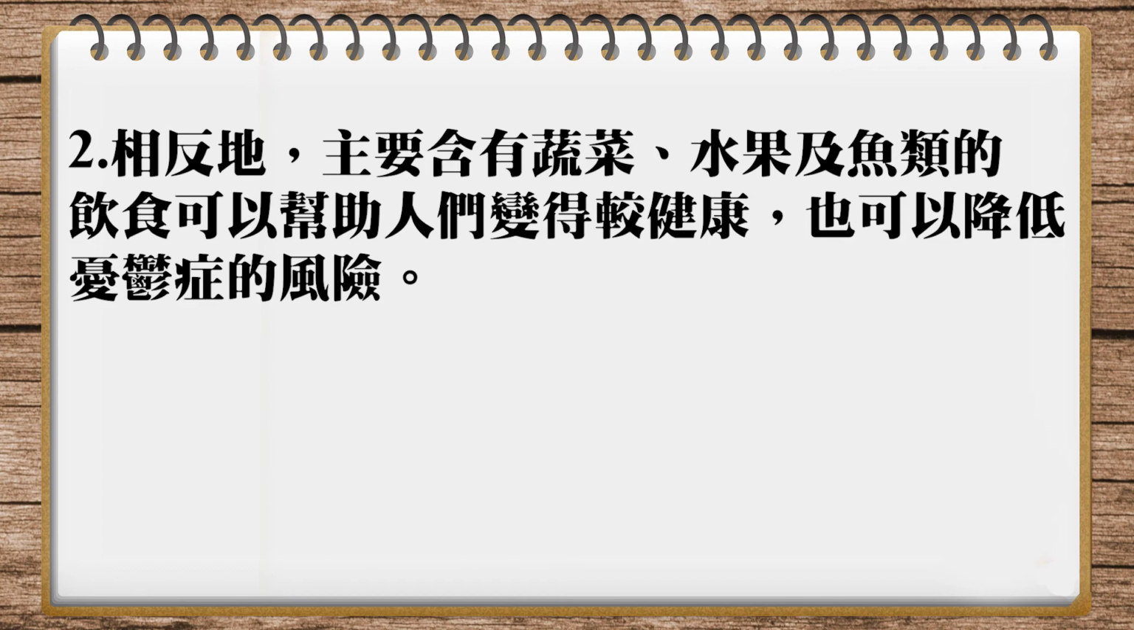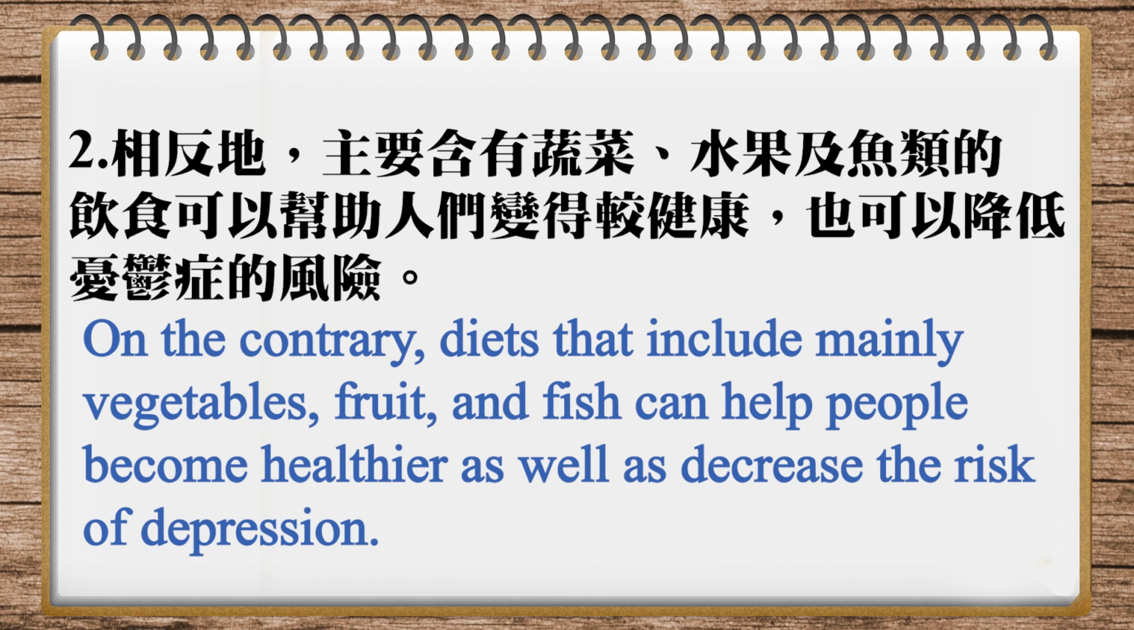Well, let's look at the translation in our magazine now. On the contrary, diets that include mainly vegetables, fruit, and fish can help people become healthier as well as decrease the risk of depression. 好，那我们杂志上面用的 on the contrary 哈，那我一开始讲说我比较觉得这样子对比太强了，但是其实也没有错，也可以啊。然后呢，这个 diets that include，我们用的是 include 而不是用 consists of 这个片语都可以哈。然后呢，其他的地方大概都差不多哈。可以 help people become healthier，让人们变得更健康，as well as 同时也可以 decrease 就是 reduce 就是降低的意思，所以其他部分都一样的。